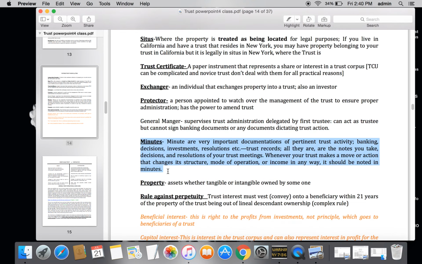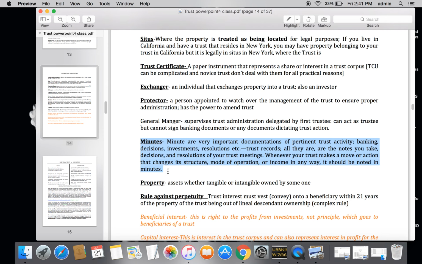Minutes. Minutes are very important documentations of pertinent trust activity, banking decisions, investments, resolutions, etc. And by the way, whenever you make decisions for trust, they should always be in the form of resolutions. So it is resolved that we shall designate trustee Jim Jones as our second signature on our records. Jim Jones, I shouldn't use that name, huh? But anyway,